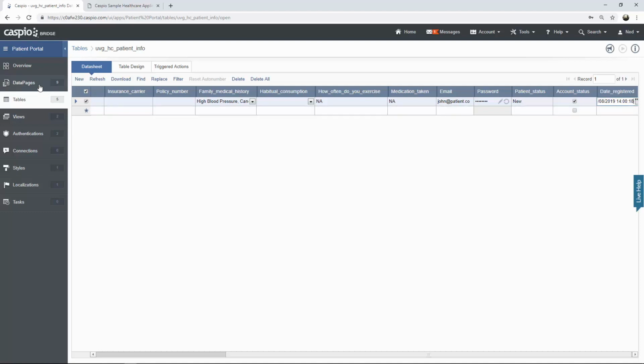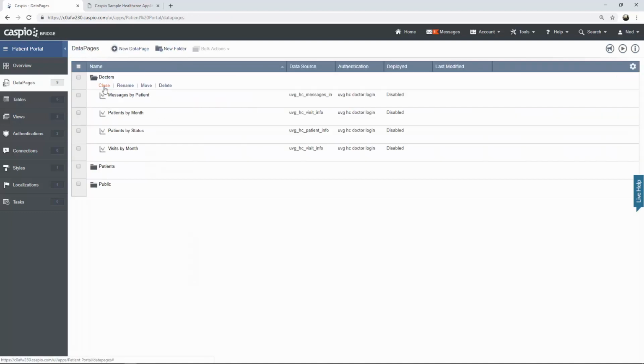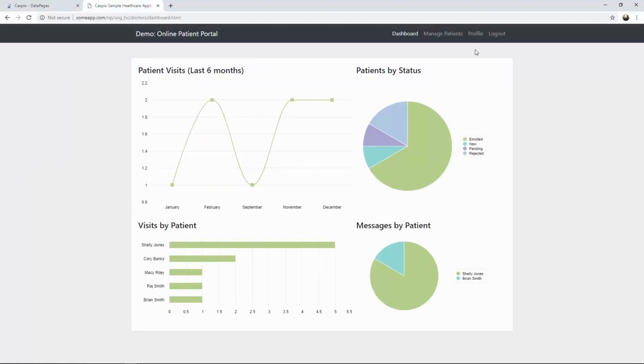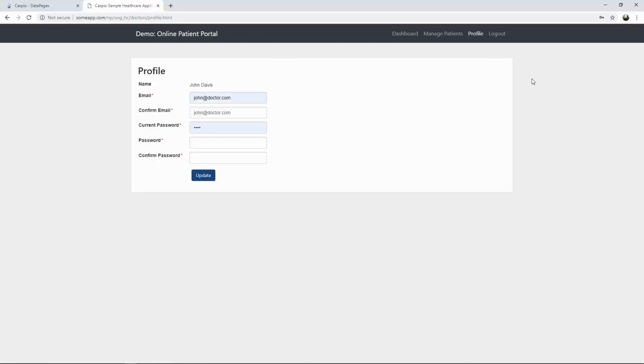Let's go back to data pages, open up the doctors folder, and let's continue building the rest of the application. The 5th data page that I'm going to build for doctors is the ability for them to update their profile. So if we look at my live example, and if we navigate over to the profile link, or this web page, you will see that every doctor will have the ability to update their personal info along with their account